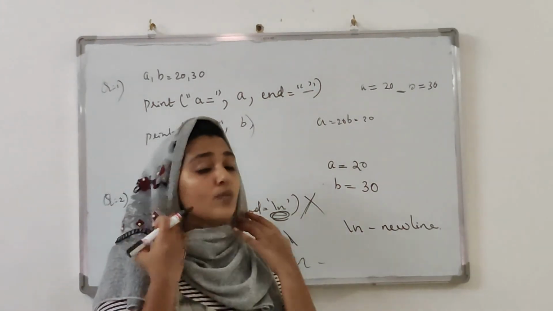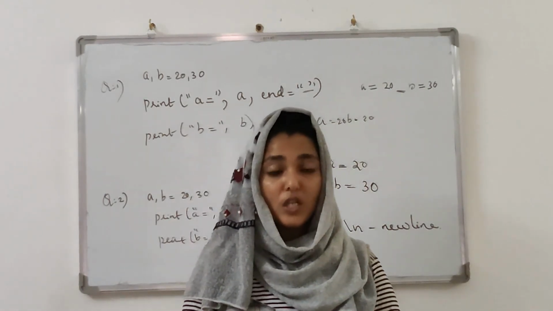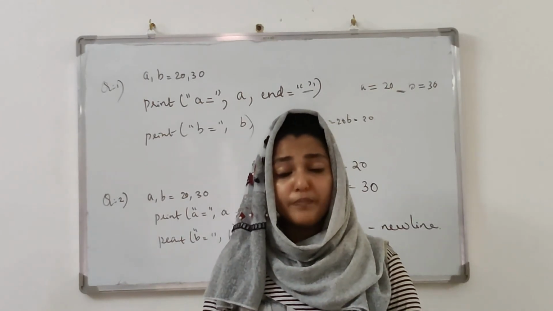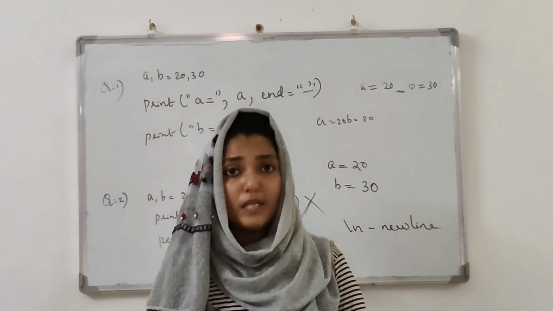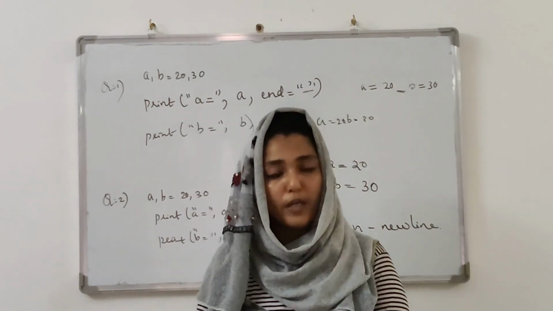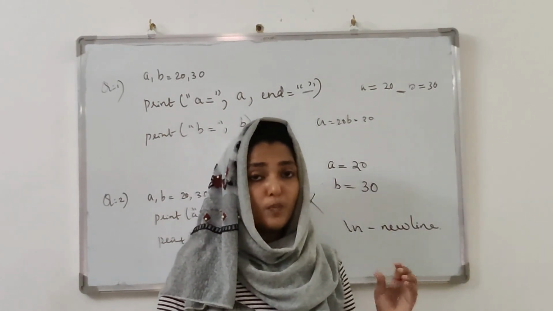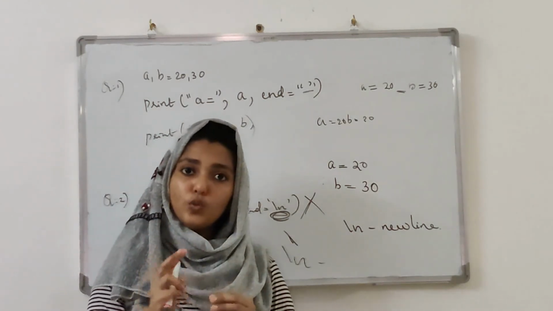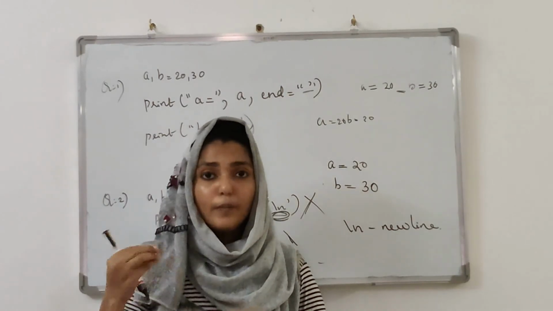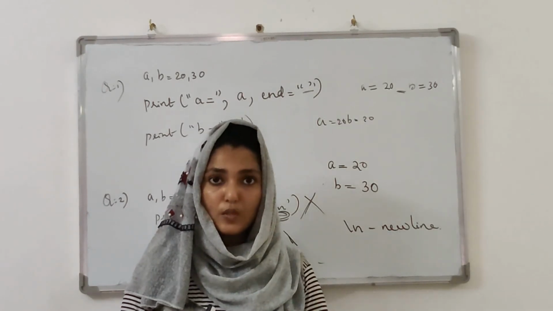Then what all things did we study today? We studied about the input and output functions. What is our input function? Input. And what is our output function? Print. Input function means it will take the value as a string. While reading numbers, we can convert it into an integer or floating point value using int and float functions. Next, the output function is print. There also we remember two things. We can use a comma inside the print statement, and anything we write inside single quotes or double quotes will display on the screen as it is.